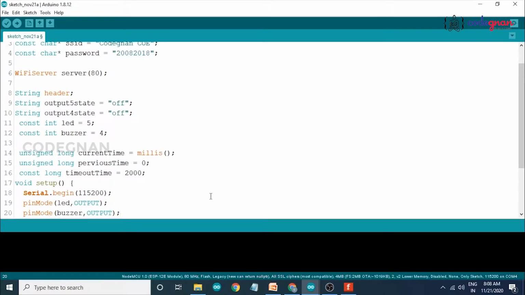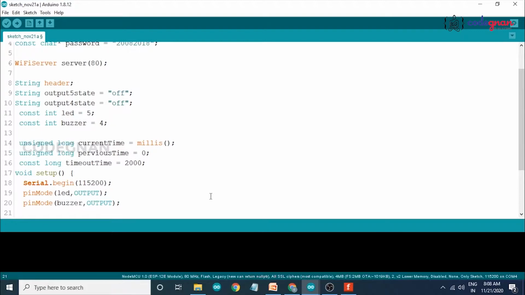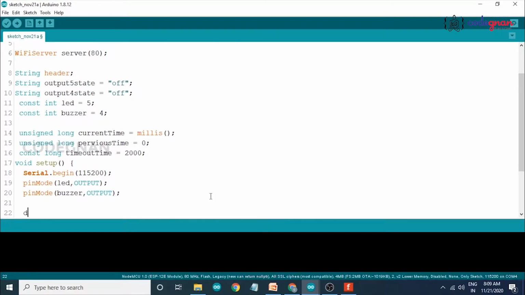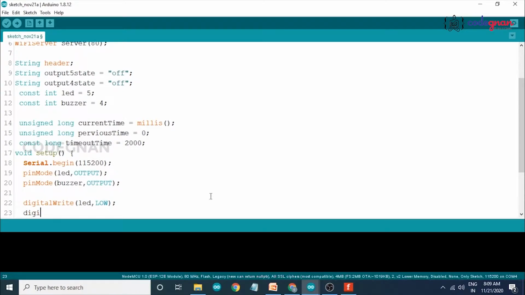Here the LED and buzzer are outputs, so I declared them as outputs. Initially I want the buzzer and LED to be off, so write digitalWrite of LED, comma, LOW, and also digitalWrite of buzzer, comma, LOW.